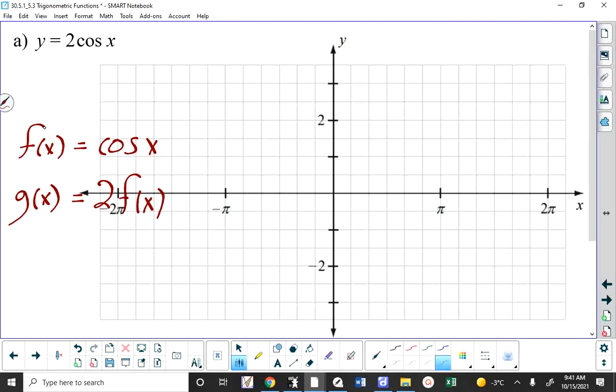I mean, how many of you saw that we're vertically stretching this by a factor of 2 just by looking at 2 cos of x? Cos of x becomes 2 cos of x. That means we're multiplying the old function by 2. In other words, from a unit 1 standpoint, a is 2, which means there's a vertical stretch by a factor of 2. So what is it going to look like? Well, let me draw